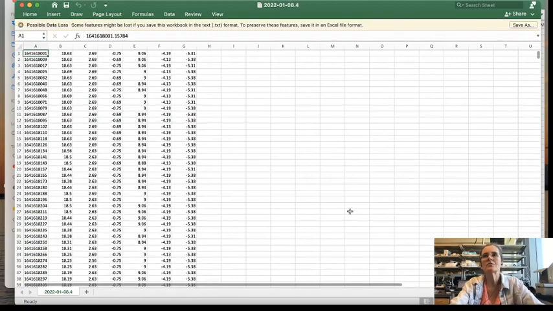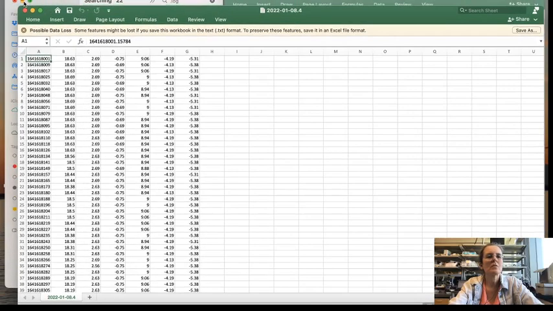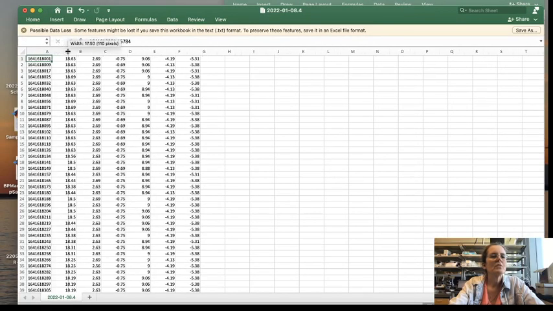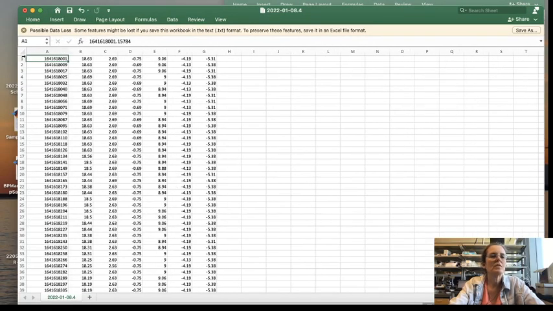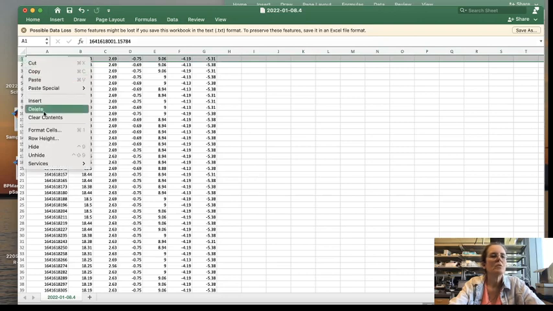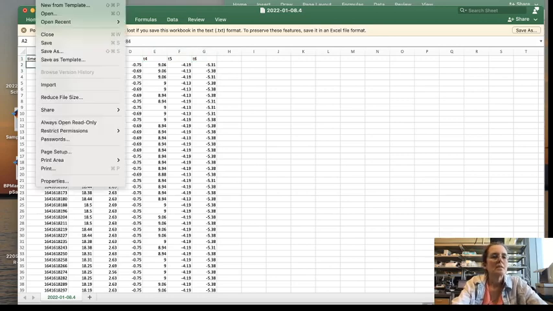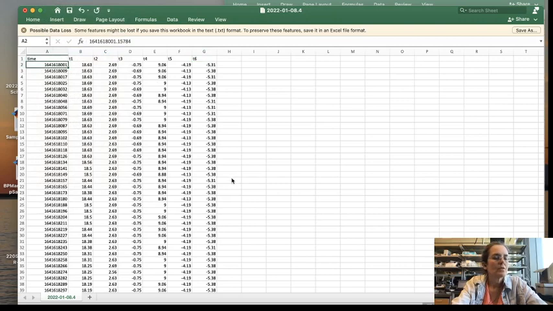If I click finish, Excel will show me the columns that I wanted, and from here on you can just save this for Code app. So I'm going to insert here and say this is the time, temp 1, temperature 2, 3, 4, 5, and 6, and then I can save as text or even log,